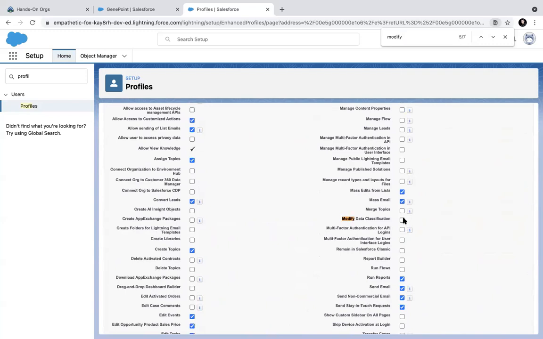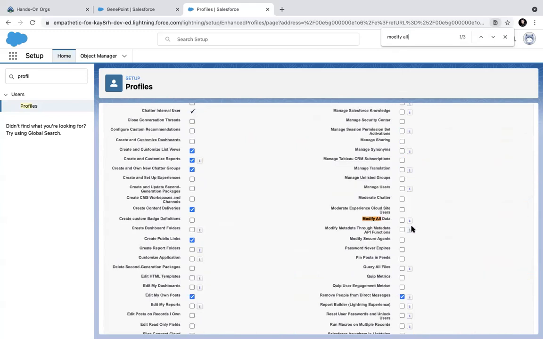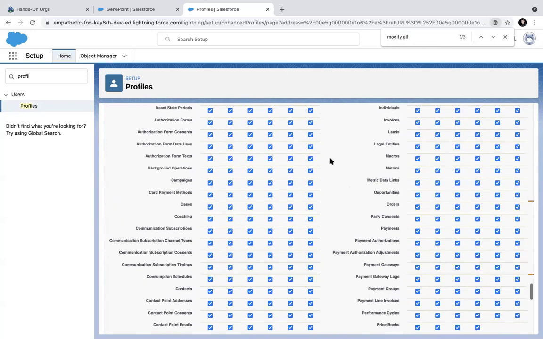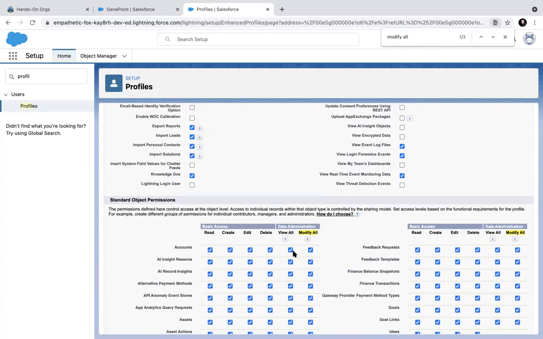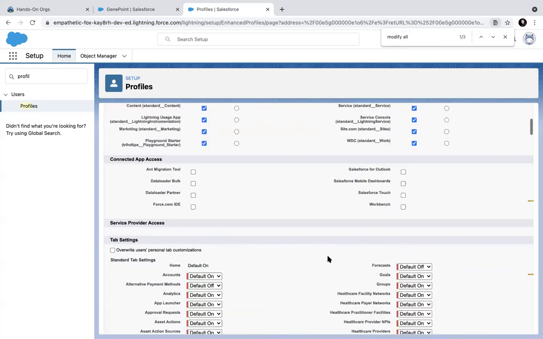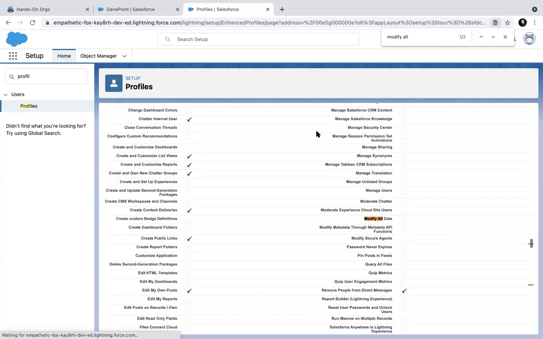If I tick this one, you will see that automatically for every object I will have View All and Modify All ticked. It's an easy way of assigning it. So you can bypass OWD through a profile or permission set. You can give this in a profile or permission set.